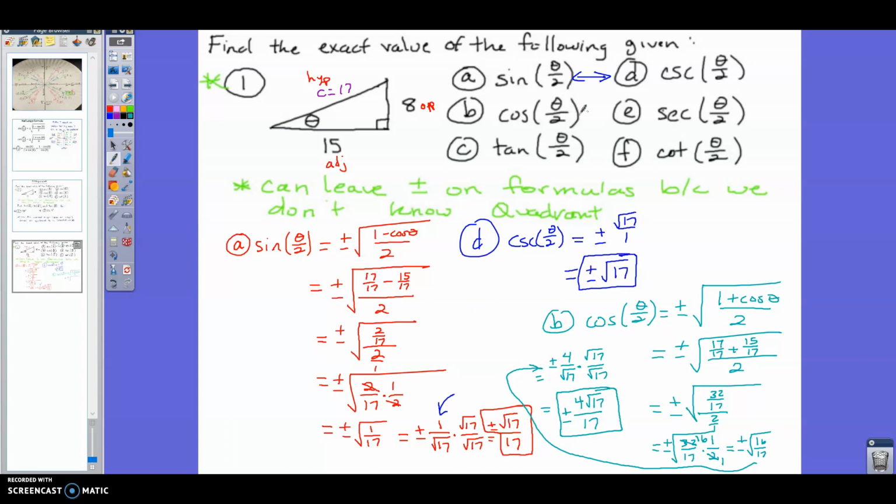Okay, now the next easy part to find is going to be part E, because these two are reciprocals of one another. So I'm going to put part E over here in purple. But for part E, very similar to what we did for part D, when we went back to before we rationalized, we can do the same thing here. And we can flip the fraction right at this point. So that would be,